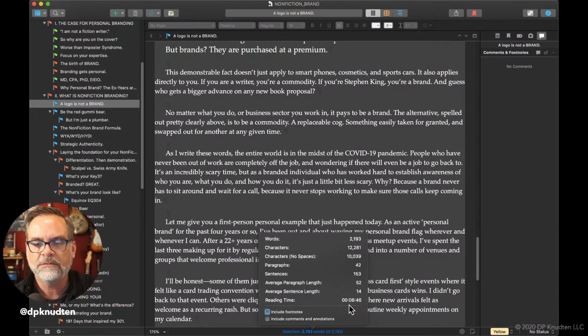Just knowing that it'll take about 8.5 minutes to read that section says that's about the right maximum length for a section. I want people to be able to sit down, open up the book, read a section, get inspired, find out something new, maybe come up with an idea that they can then put down and start acting on to create their personal brand. Because